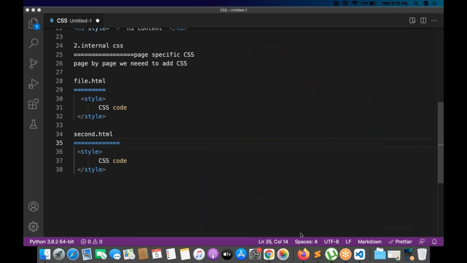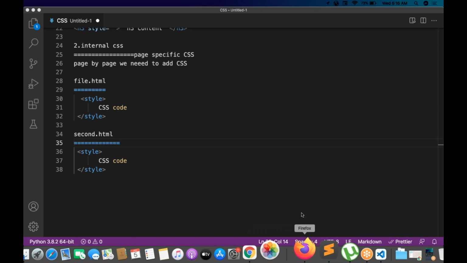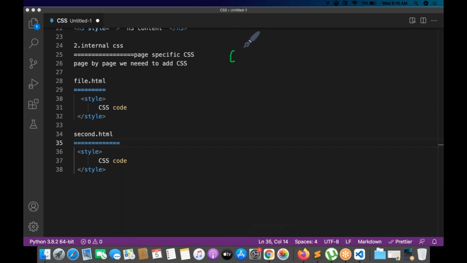For example, suppose there is one college. Treat the college as an application, a web application. In the college, there are multiple branches. Suppose ECE is there, and EEE is there, and CSE is there.